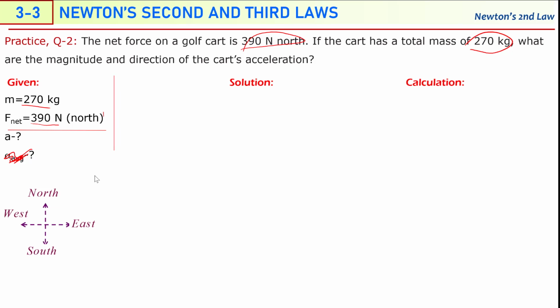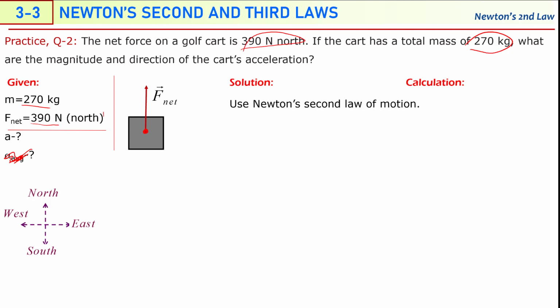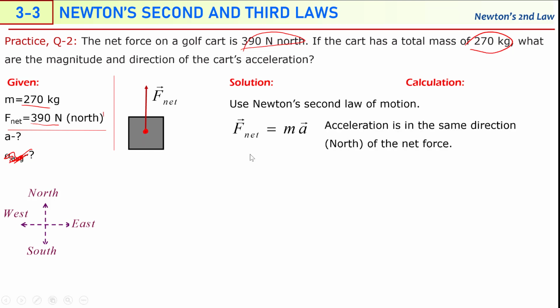And because the net force is in the direction of north, I'm going to draw an object and locate this net force on the object, applied from its center of mass, in the upward direction. And then I'm going to apply Newton's second law of motion for this object. We know that the sum of the forces, or net force, acting on the object is equal to mass times